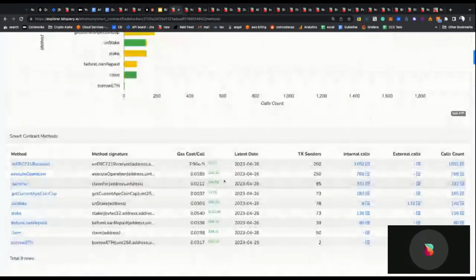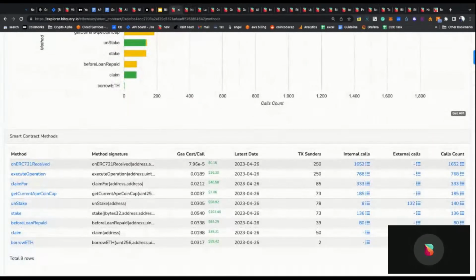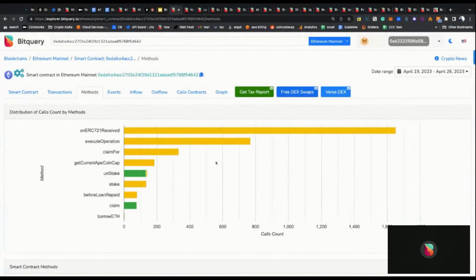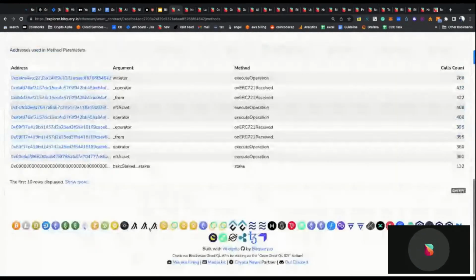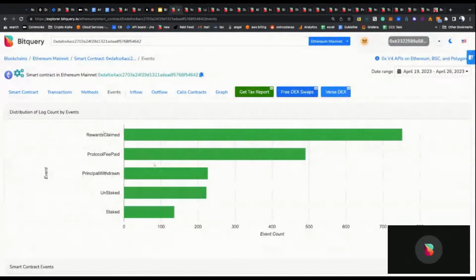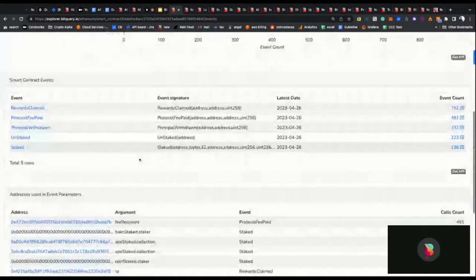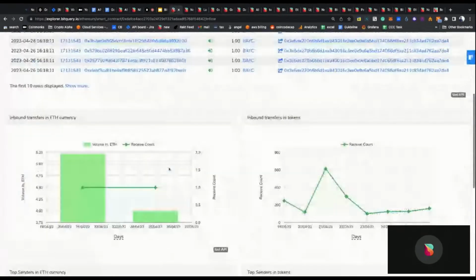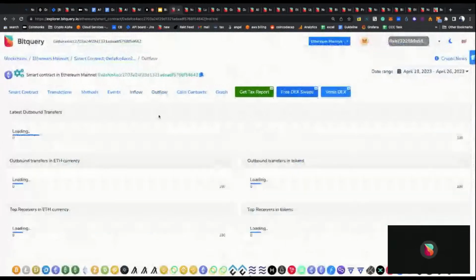It's also interesting to do multi-chain based APIs. For example, if you want to compare trades, transactions, transfers, calls, or anything on a multi-chain level, we have supported all these chains, so it becomes pretty easy. You see smart contract related details, and similarly we also have events parsed. Inflows, outflows, these are inflows, outflows.